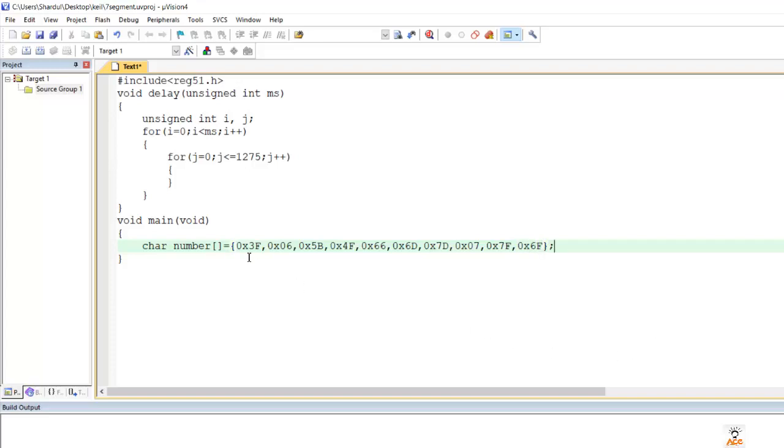So these are my hexadecimal values, and these values represent nothing but 0, 1, 2, 3, 4, 5, 6, 7,